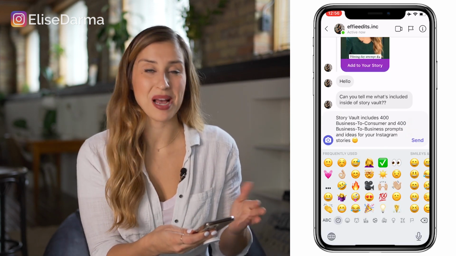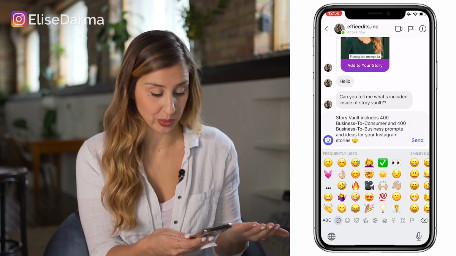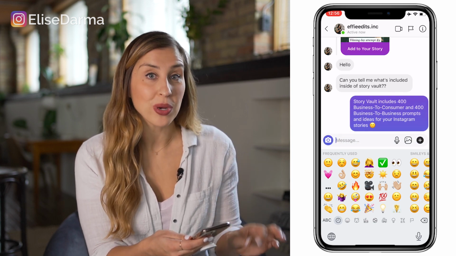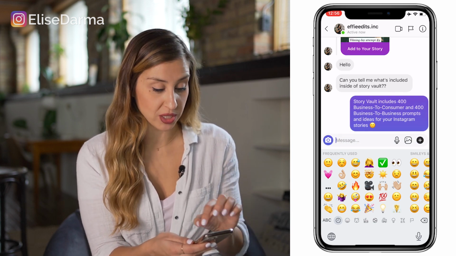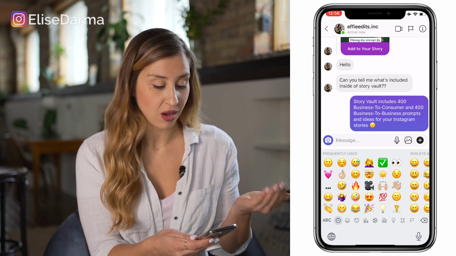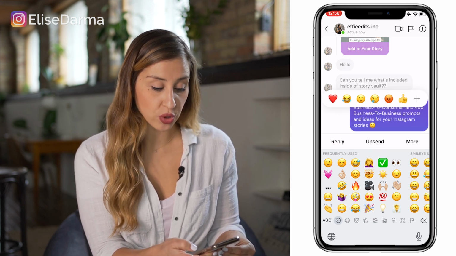So let's say I'm happy with that answer and it's one that I find myself typing out frequently. So I'm going to go ahead and send that to Effie. But now here is the way that you can actually turn this answer, which you've just typed out, into a quick reply. All you need to do is tap on that message, hold it down,